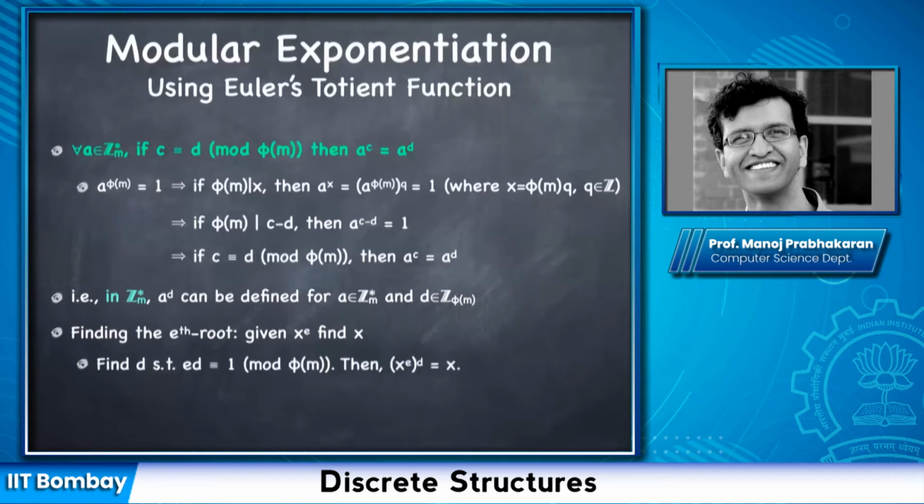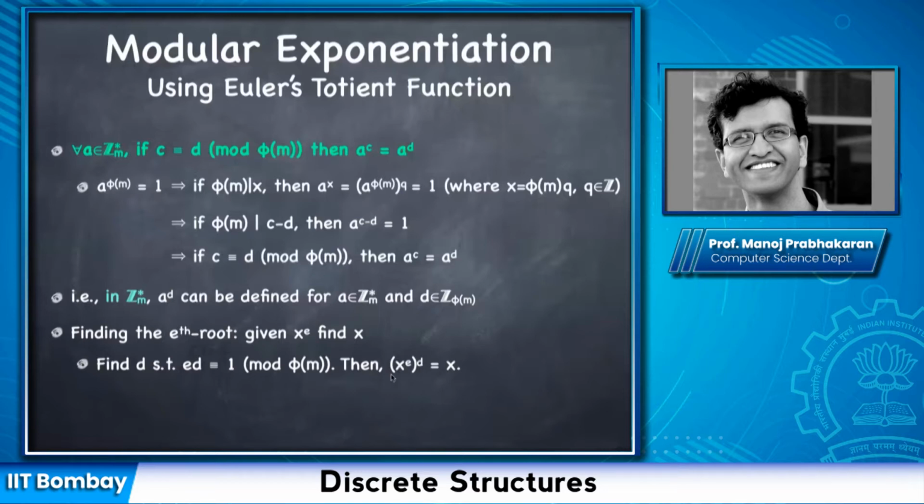Well, if I could find a d such that e times d equals 1 in Z phi m, so e times d is congruent to 1 modulo phi m, then what this theorem says is that x to the power ed equals x to the power 1, because ed is congruent to 1 modulo phi m. So x to the power 1 is just x. Whatever x to the power e you gave me, I can raise it to the power d and retrieve x. So this is a way to solve for the eth root